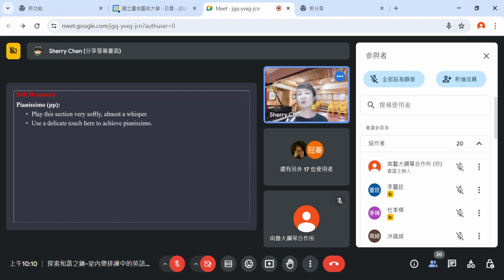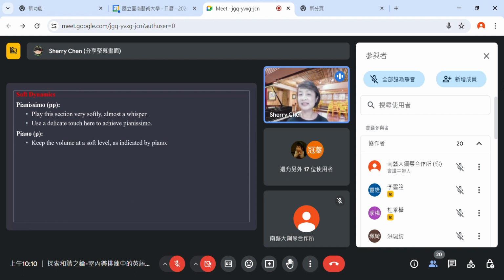So you see，我在用 pianissimo 的时候，会用另外一个形容词去形容 pianissimo。第一个我用 whisper，第二个我会用 delicate touch，就是很轻的感觉。